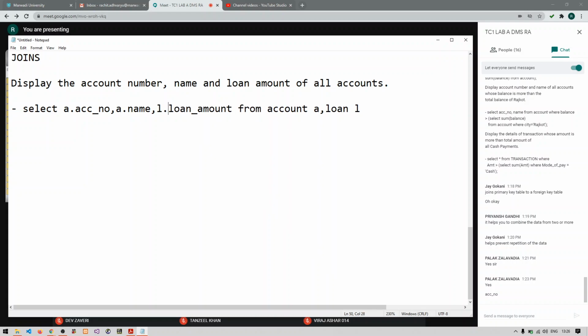So the Oracle engine will clearly come to know that a dot account number has to be fetched from the account table only. A dot name means name is to be fetched from the account table only. And l dot loan amount means this data is to be fetched from the loan table only. So this is how you will write down your answer. Is it clear, guys?